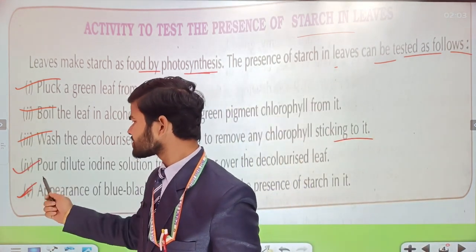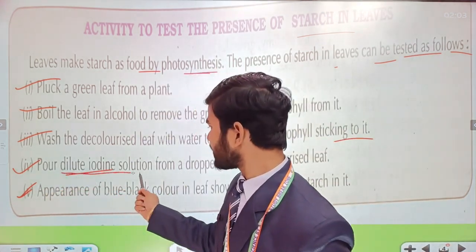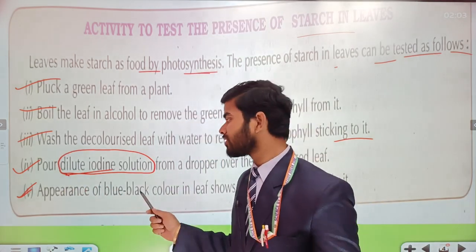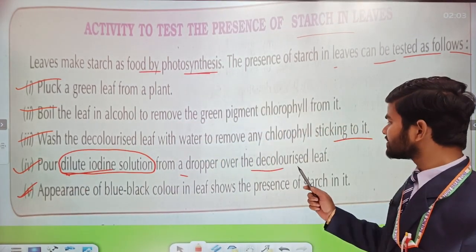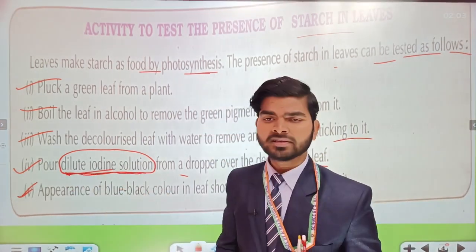Okay, next step. Pour dilute iodine solution. This is the important line. Dilute iodine solution, this is the important thing, and objective questions can arise from this particular point. From a dropper over the decolorized leaf. Actually, dilute iodine solutions are available